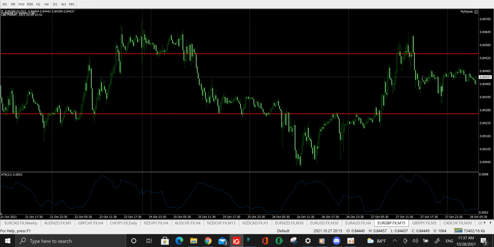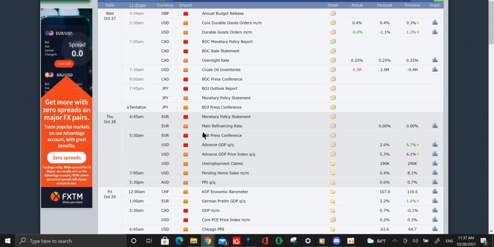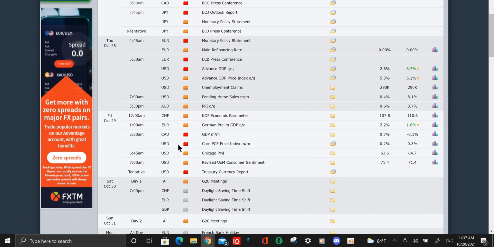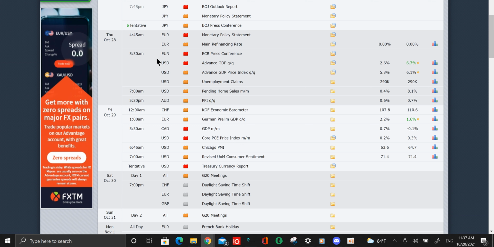So it could drop lower and then rise from there based off of news, and that might be something we look to trade maybe the next day. GBP has high impact news, so I'm looking maybe sometime during Friday's London session. You could trade GBP possibly after that 1 a.m. news. I believe that might be just the right time to get into a nice setup for that pair.